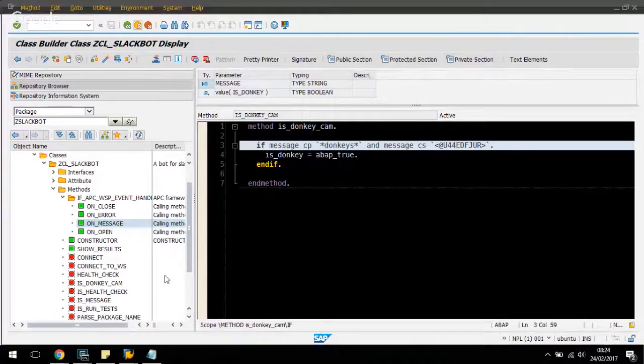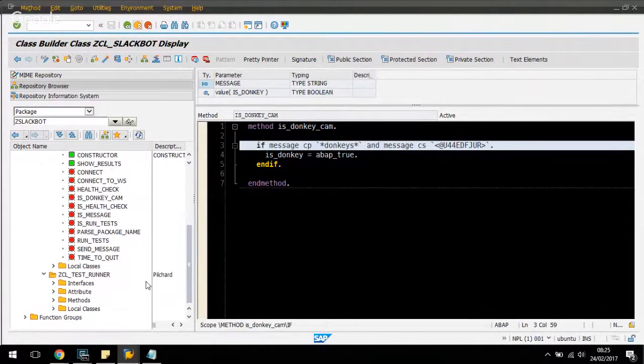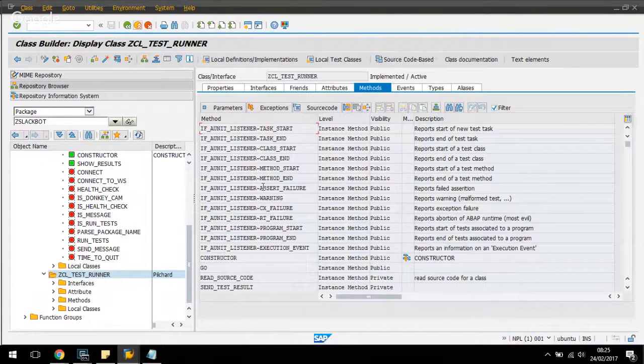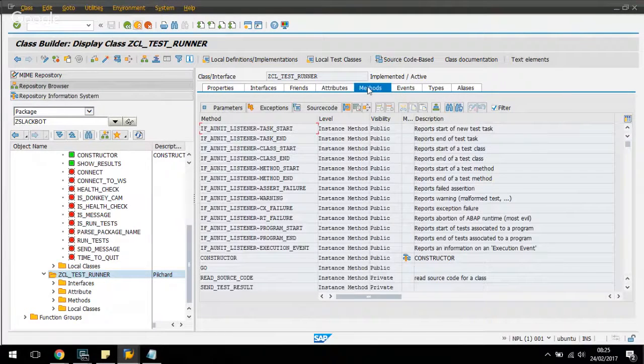Right, so that's connecting to Slack. There's nothing really other of interest in here. The test runner is quite interesting. So again, you just implement this ABAP unit listener interface. It gives you a load of methods. So when you run this,